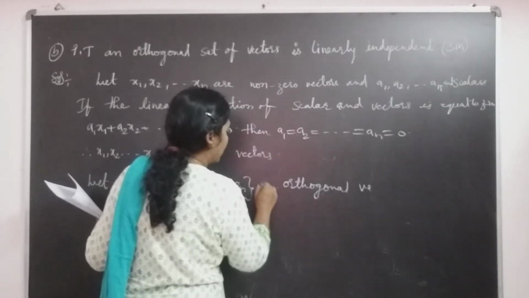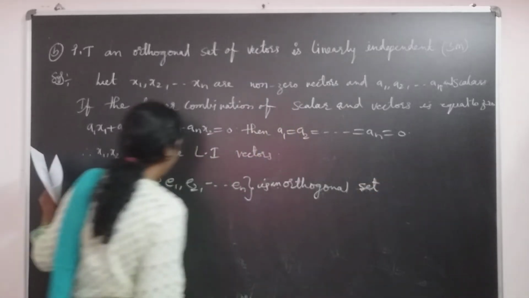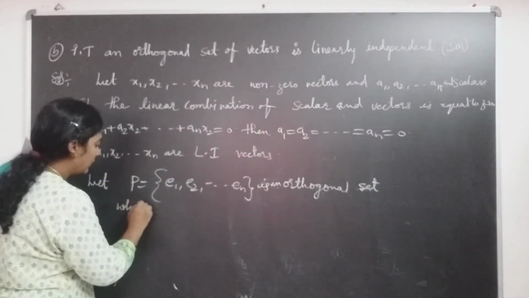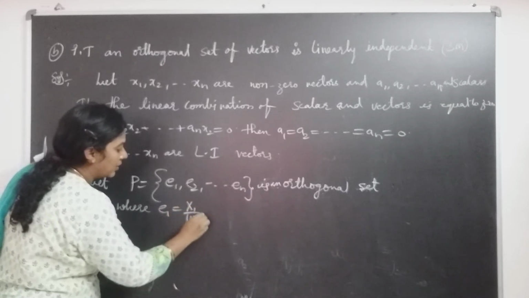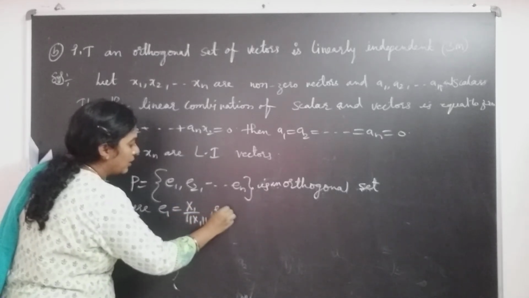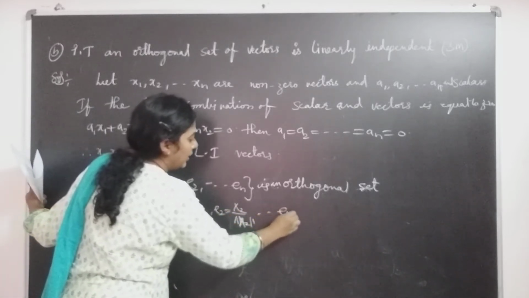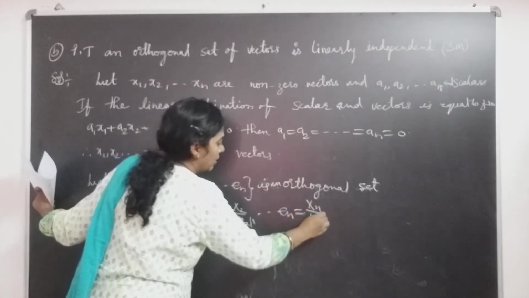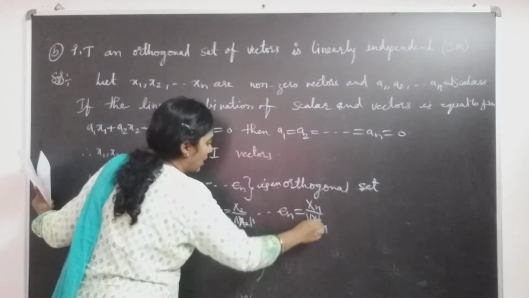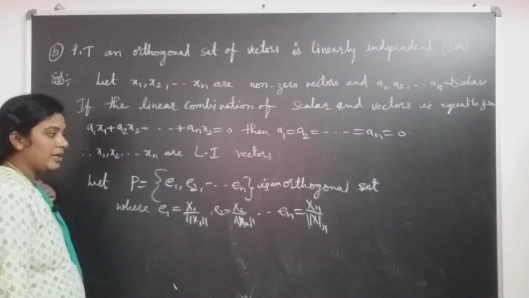En is an orthogonal set, where e1 equals x1 by mod x1, e2 equals x2 by mod x2, and so on, en equals xn by mod xn, or norm xn. Here e1, e2, so on en are